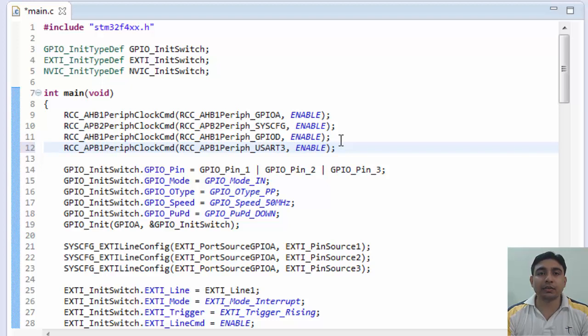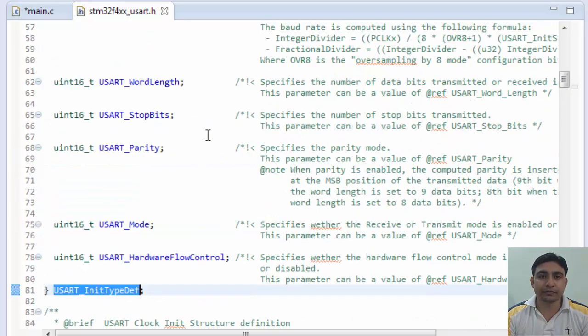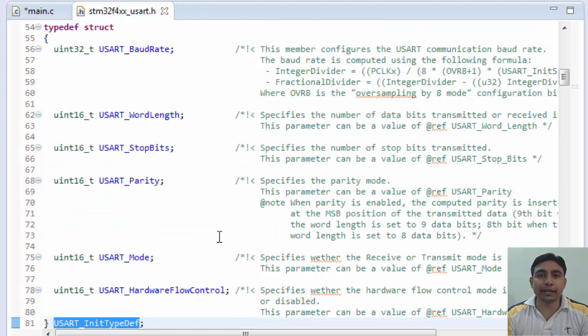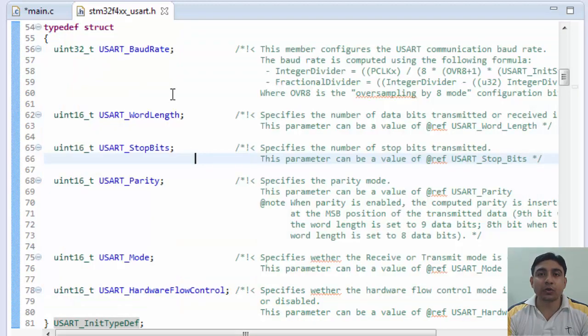First, declare the USART structure. Okay, if you press the Ctrl key on the keyboard and left click on this, you will be redirected to the USART header file. You can see that we have 6 parameters here whose values we need to set.